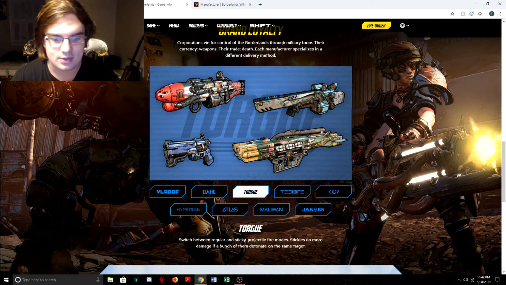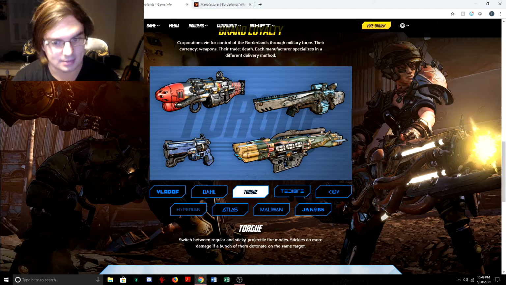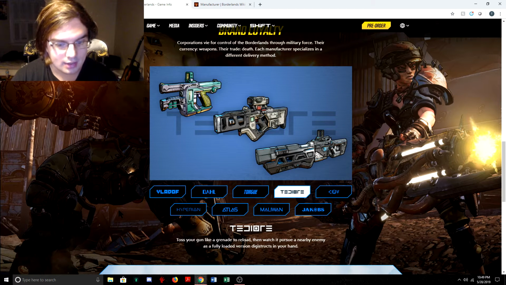But it sounds like now you can actually switch to a sticky projectile fire, stick them to someone, then trigger them to blow them up, which is nice because I won't be trying to shoot that psycho in the face when he's 2 feet in front of me and end up killing myself. Alright, Tediore. Toss your gun like a grenade to reload,